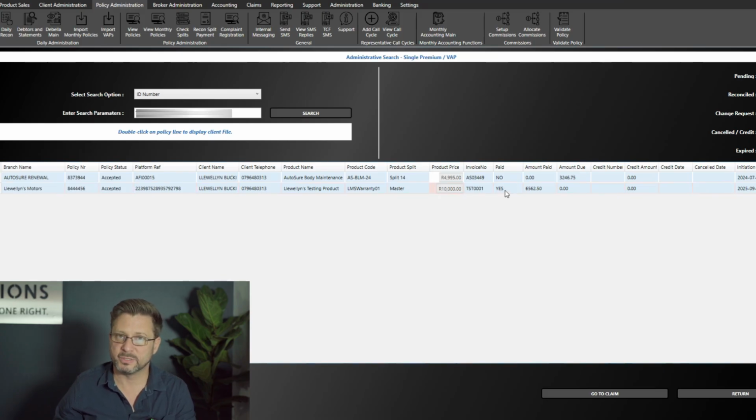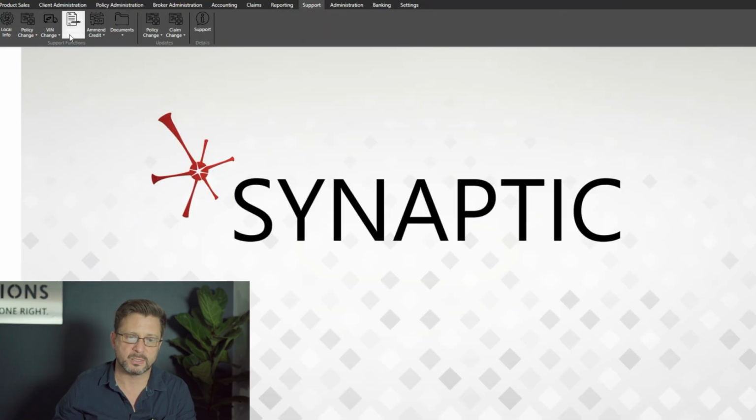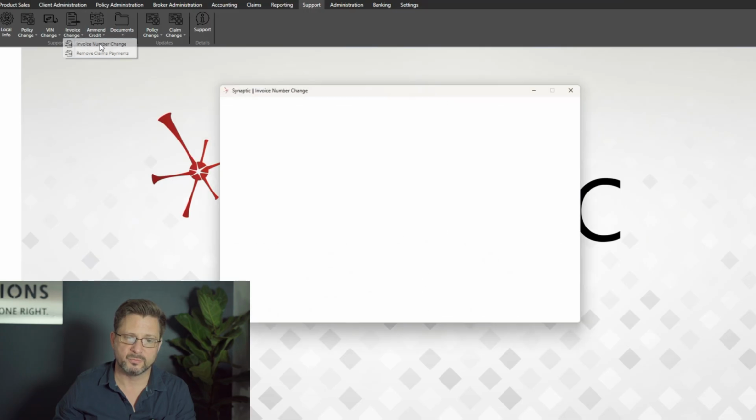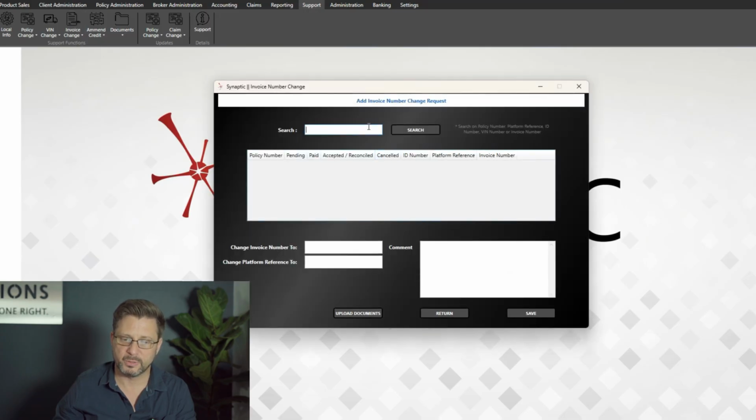Now, we always suggest that this is done with a dual authorization, and you will find that this will need a dual authorization. So now here we use the support tab. We're going to say change invoice, invoice number change. Now we're going to search for it,